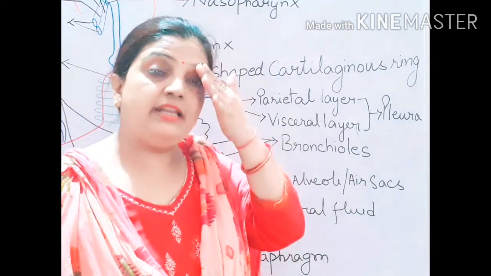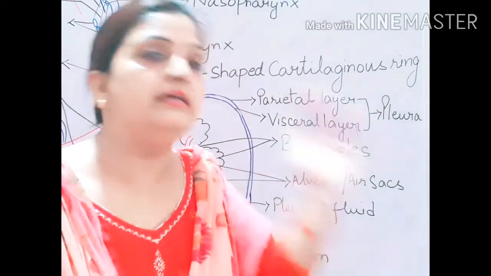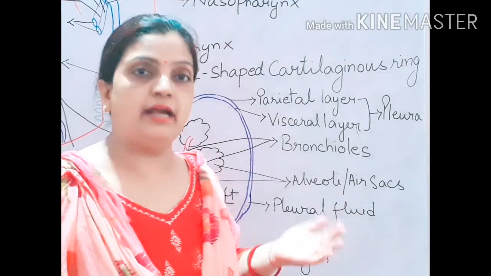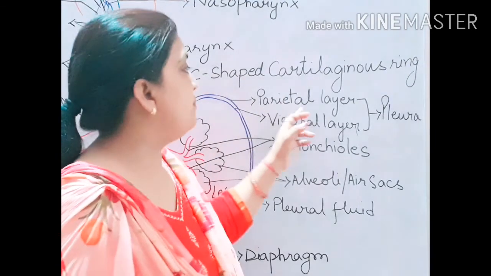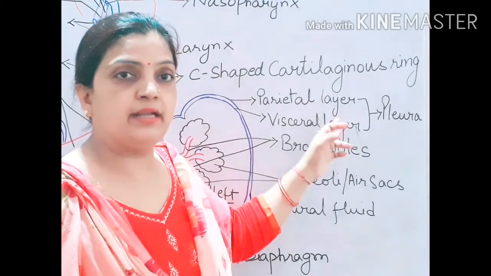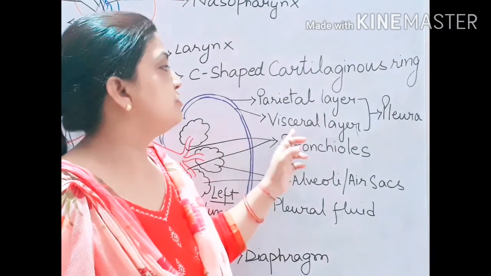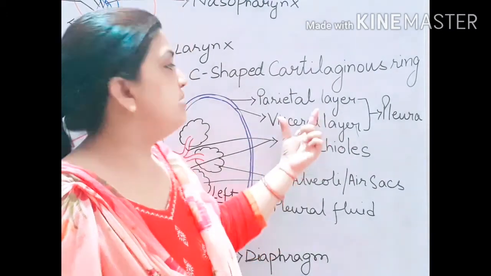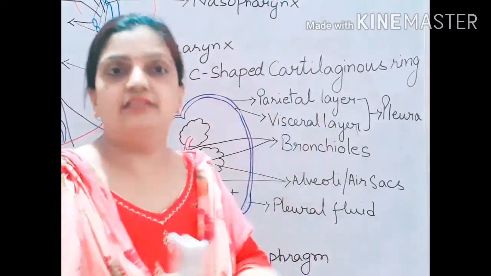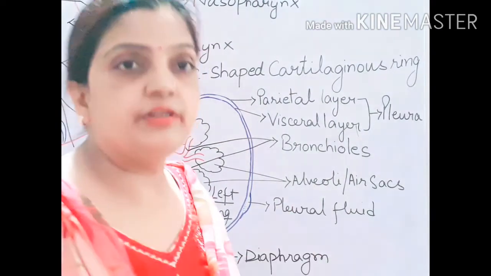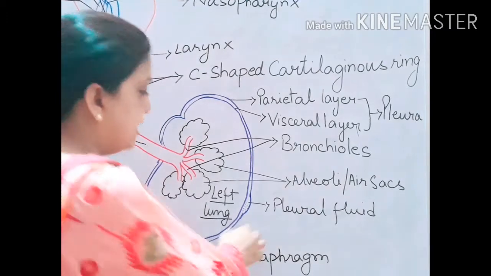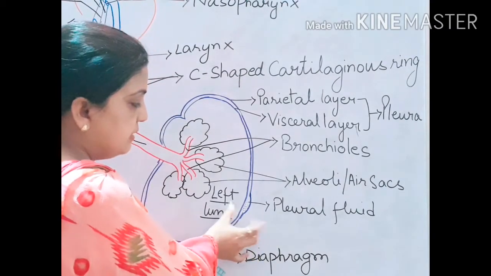So the visceral layer is a layer which is very near to the internal parts, and the parietal layer is a layer which is towards the outer wall. That is why the outer wall is called the parietal layer and the inner wall is called the visceral layer. Hence both the walls together we call pleura or pleural membrane. Now children, moving forward, you can see that I have drawn this wall a little.